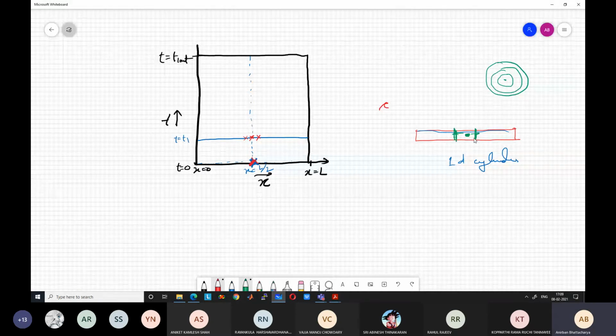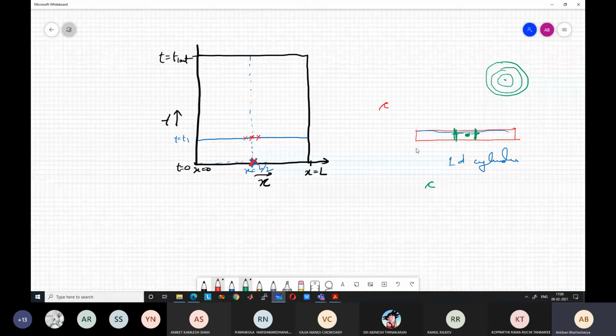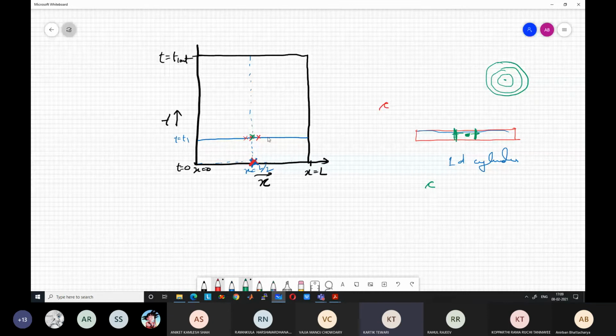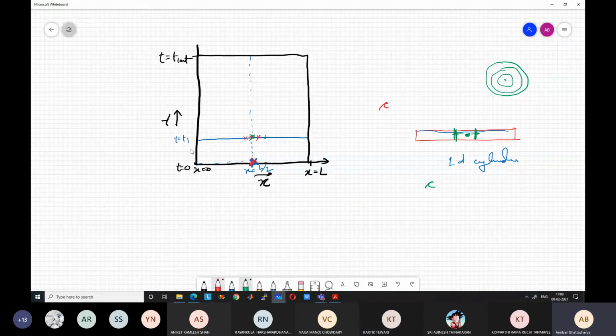How far has the pressure wave gone in a certain time t, if the speed of the pressure wave is c? It is ct in one direction, and in the other direction, minus ct. So if the location of the point is L by 2, up to which point has the information about the pressure fluctuation traveled? L by 2 plus ct and L by 2 minus ct. L by 2 plus ct1 and L by 2 minus ct1 if t is equal to t1. If it is general t, L by 2 plus ct and L by 2 minus ct.